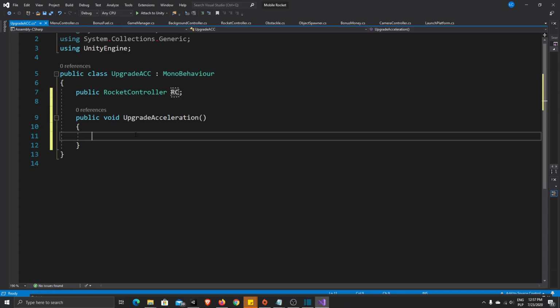Okay, now let's just say upgrade, not, yeah, thrust force level plus equal to 1. So now our thrust force will be updated, but what we want to do more is